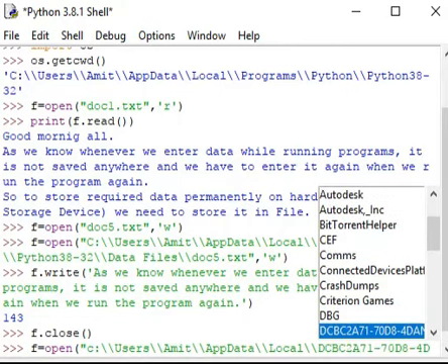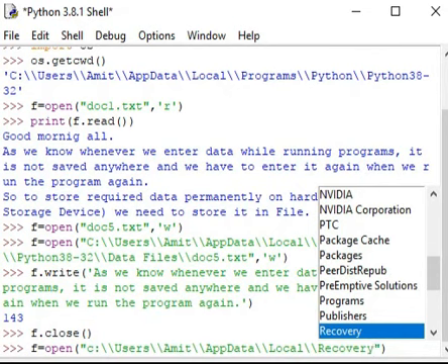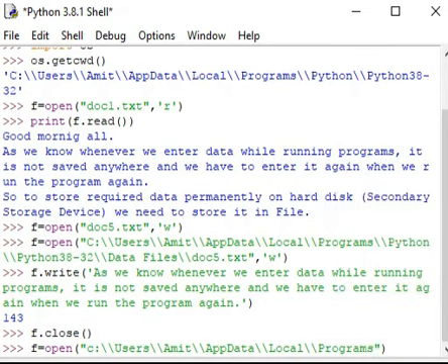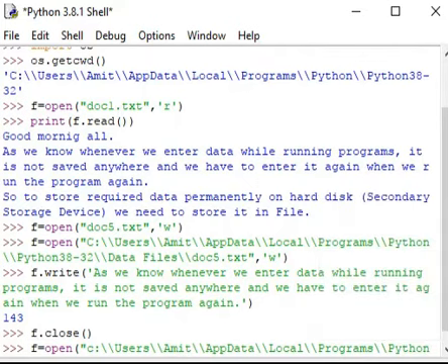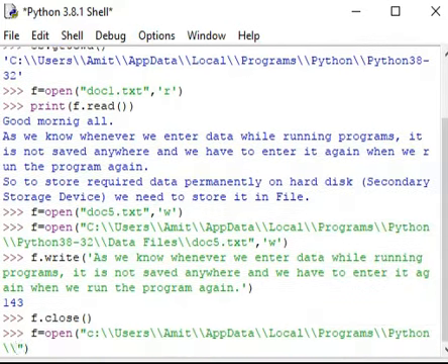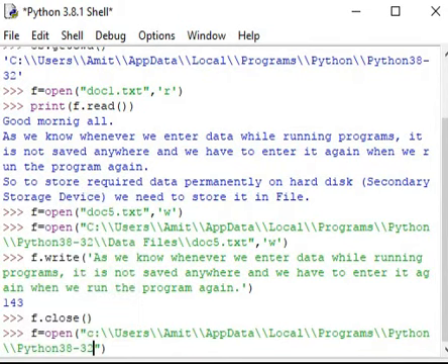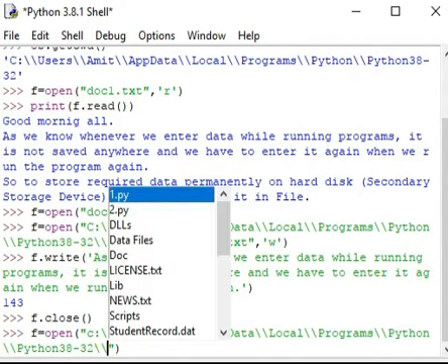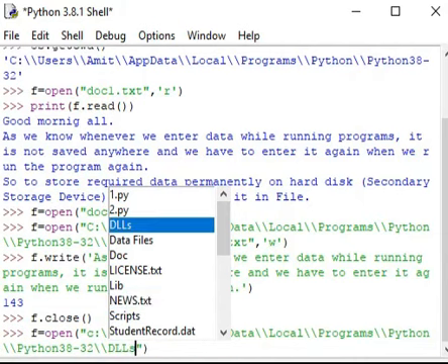I know that it is in Programs, so I will go in Programs, then again I will use slash, it will open Python, then again I will use slash, it will open Python32, again I will use this. So these are the files you can see.